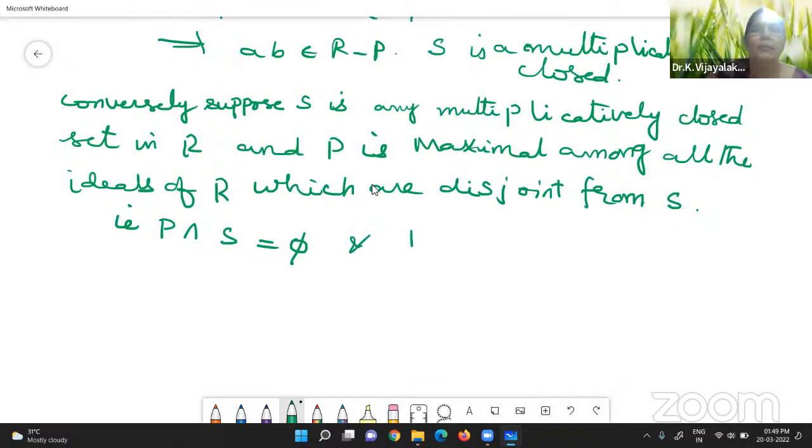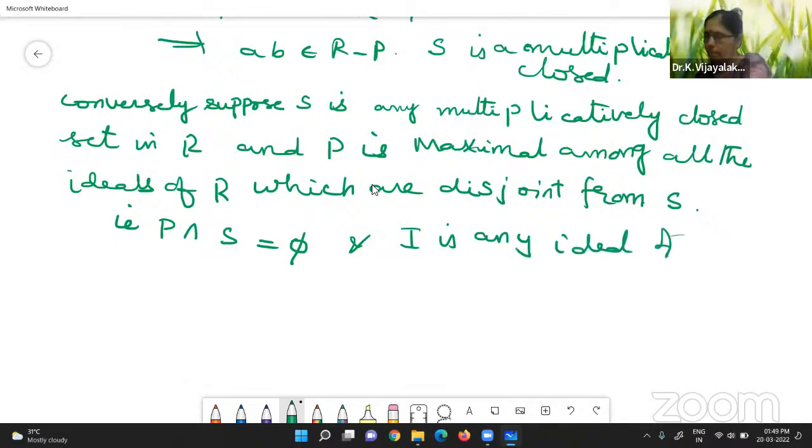And if I is any ideal of R, then definitely you will have I intersection